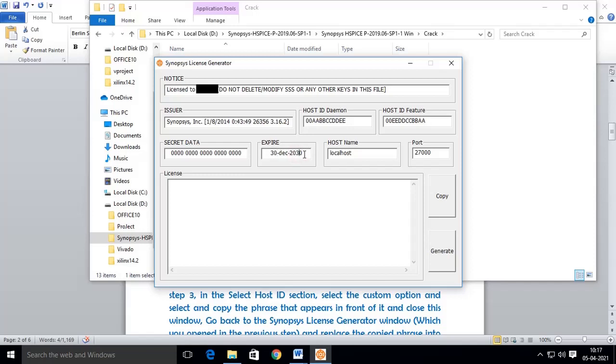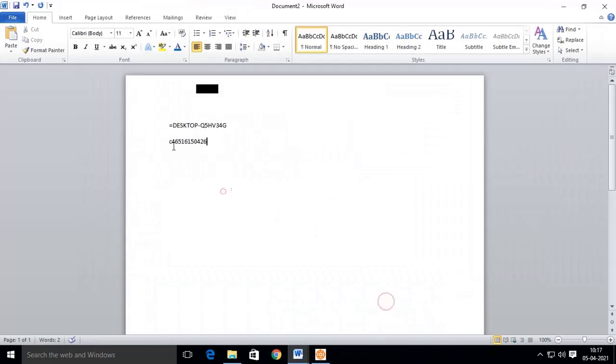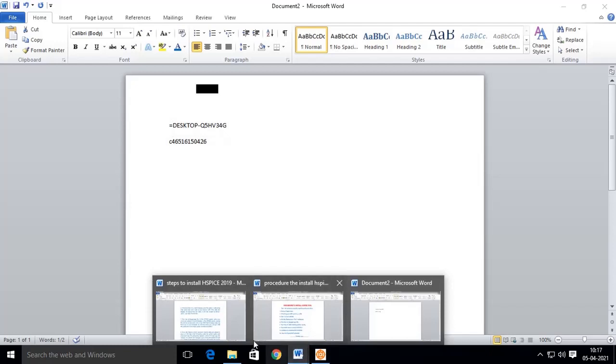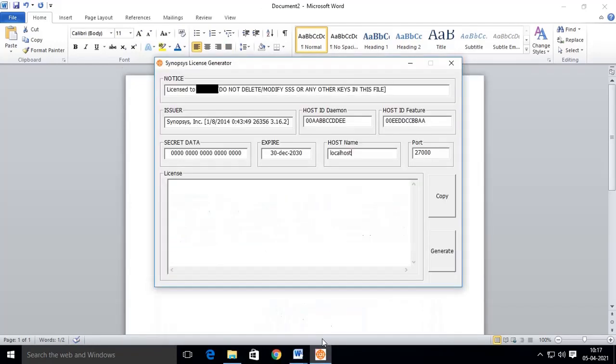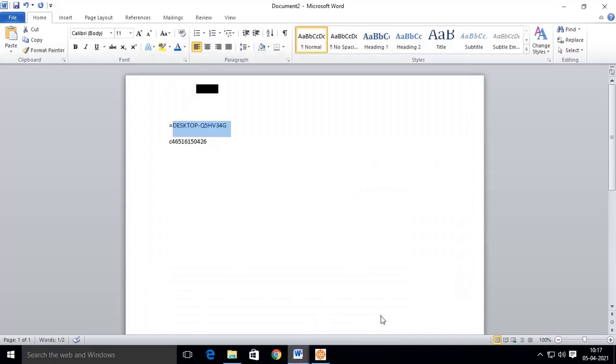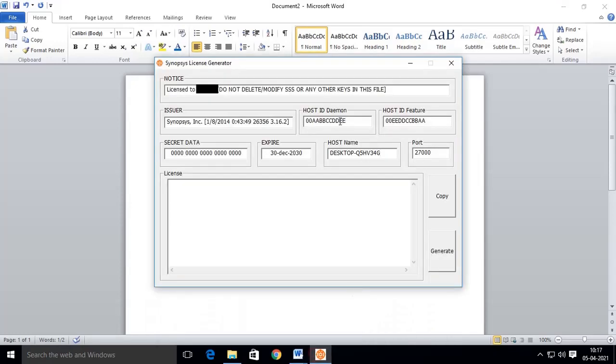Modify the date, that is 30 December 2030, and where we copied the host name, please paste that host name in the file. And also the host daemon ID. Copy whatever we copied earlier and paste it here.